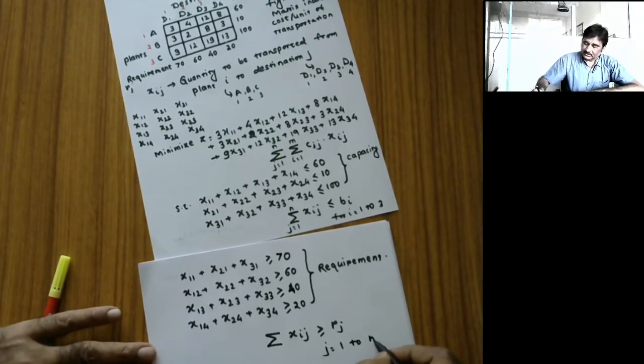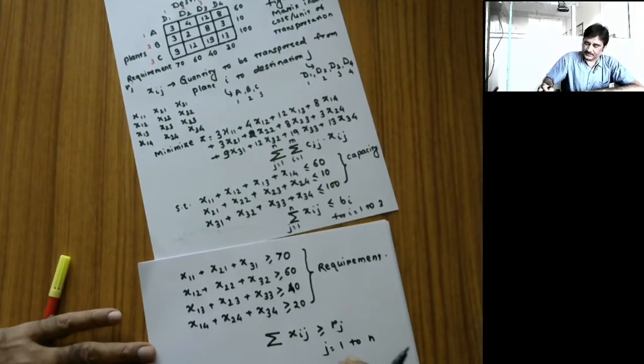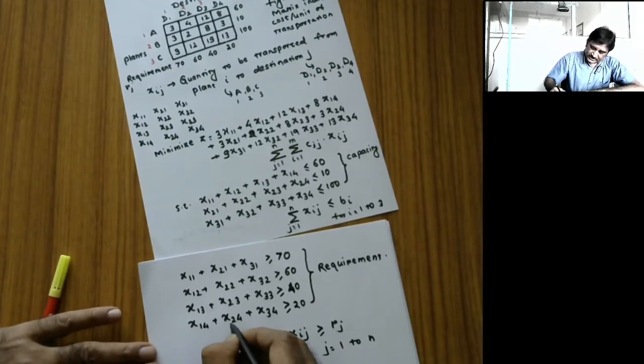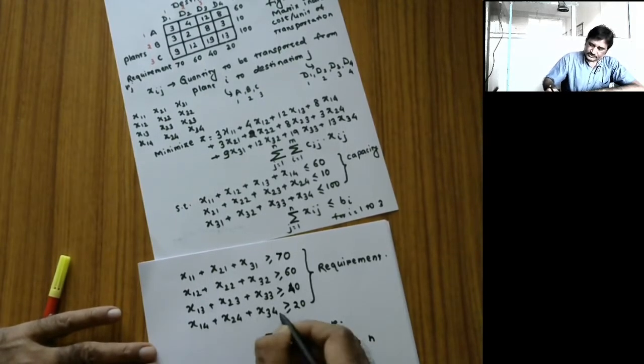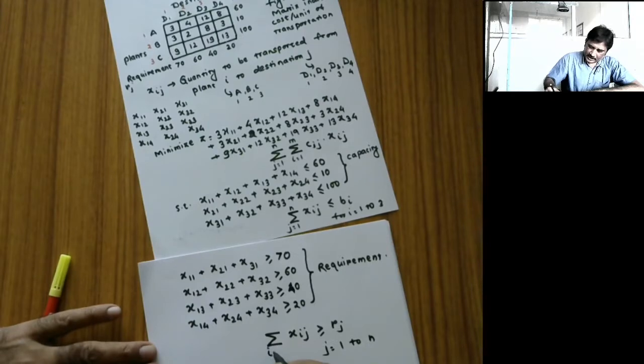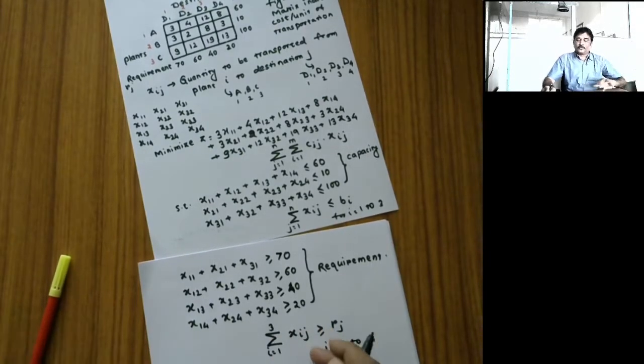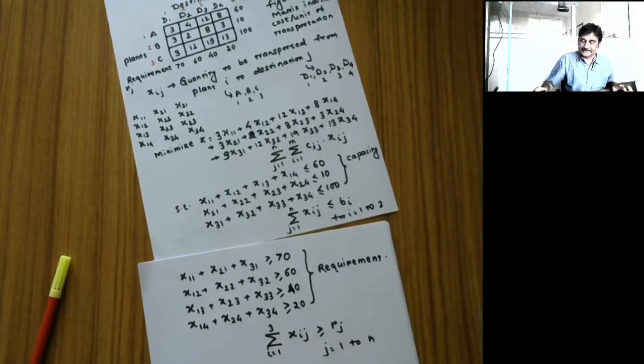Second subscript I am fixing. First I am fixing it to 1, getting the first constraint. Then I am fixing it to 2, getting the second constraint. And here the first subscript is varying: 1, 2, 3 in each of the constraints. So i varies from 1 to 3. Now I will explore the first constraint from this generalized form.